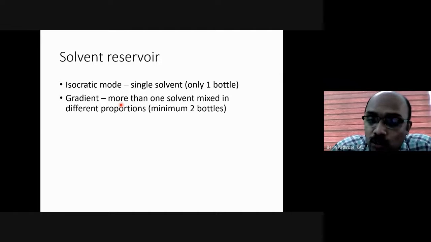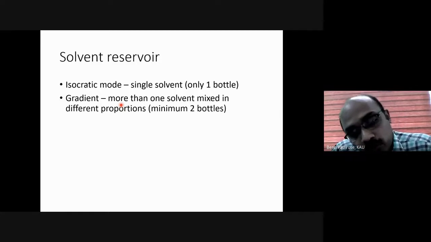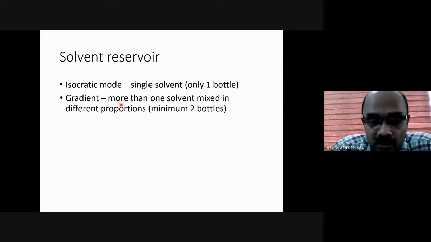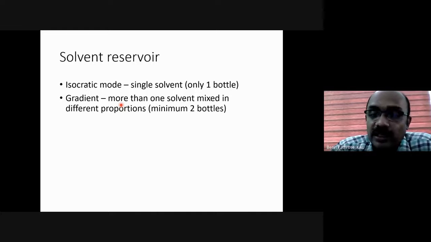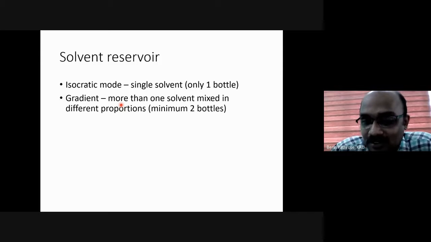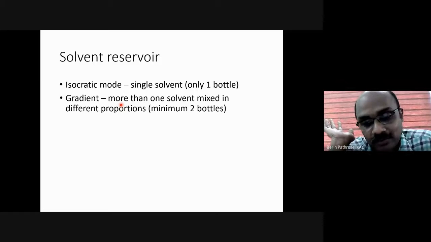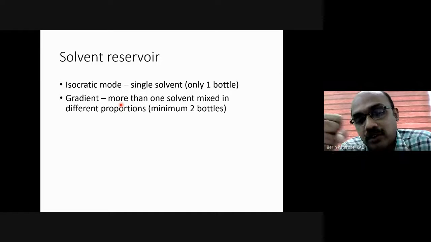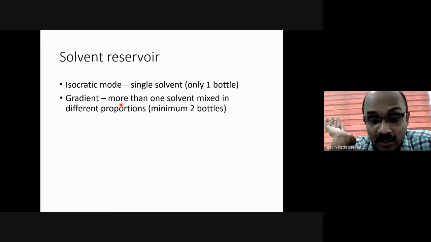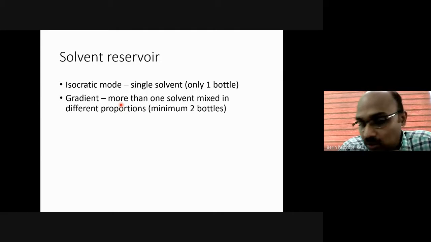If we have a binary or quaternary system, we can use it in isocratic mode also. There is no problem in that. For the entire analytical time, if your analysis requires only a single solvent, there is no need for two or three solvents. Then even if you have a binary or quaternary system, you can use it as isocratic mode. That means only one pump and one reservoir will be functioning at that time. 100% of the time solvent will be drawn from one bottle. If you want to use two or three solvent systems, then only you go for binary or quaternary.